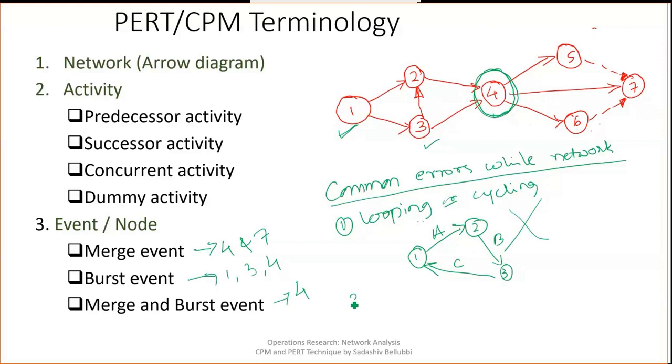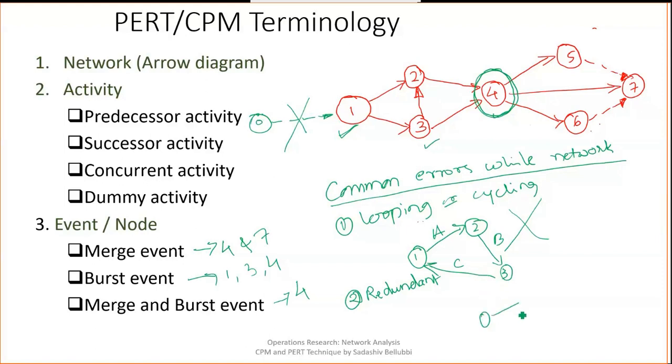The second one is the redundant activity. Redundant in the sense that if any one activity is not taking its place, for example, if there is one more activity connected with a dummy, this is not the correct way, because to show one full network, we should not connect with only the dummy activity.